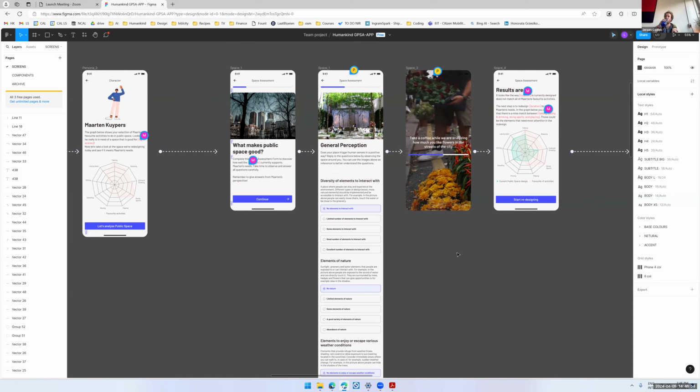I'm an urban planner. Designing a PDF is something that I'm used to doing because we are making many presentations and reports. We can design a PDF. But when you're designing an app, there is a lot of knowledge that you need to have about UX,